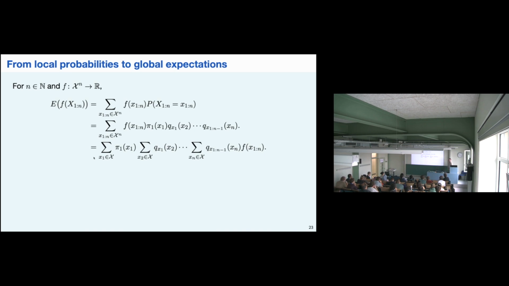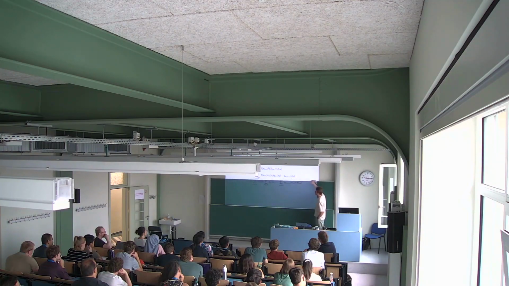Does this help me? Someone who's not familiar with Markov chains, does this help? What is the last term? I'm taking the sum over all states of a product of a mass function evaluated in a state and some function of this state, right? So I can think of this as